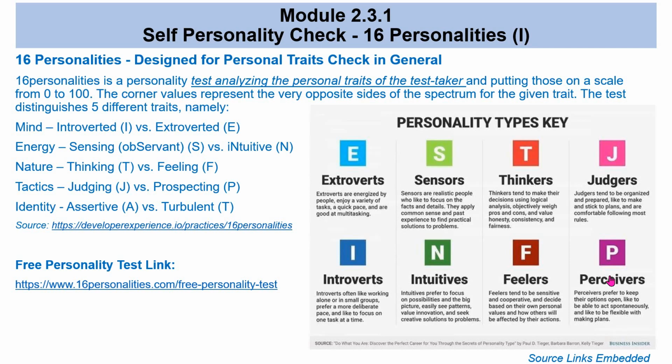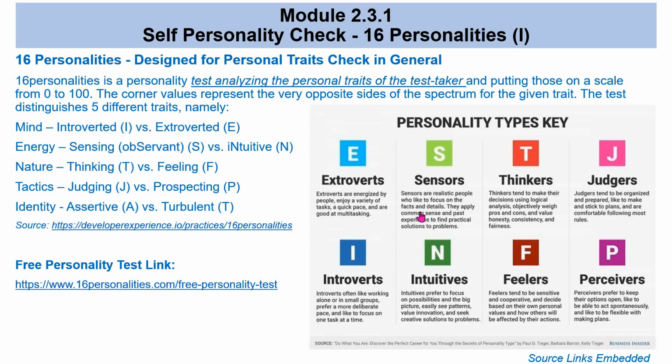Well, we can plan, but I like to leave it. Let's see what happens. And something that comes spontaneously, perceivers can easily react to that compared to judges who may not have a plan immediately. And all this, when you take that into account, depending on which combination you make, whether you are extrovert, sensing, thinking, and judging, or extrovert, intuitive, thinking, and judging, or introvert, sensing, feeling, and perceiving, combining these then forms the